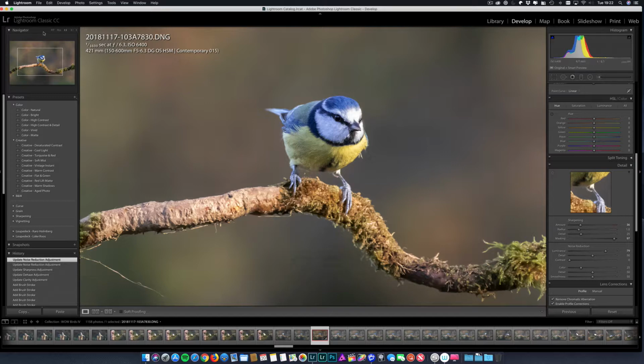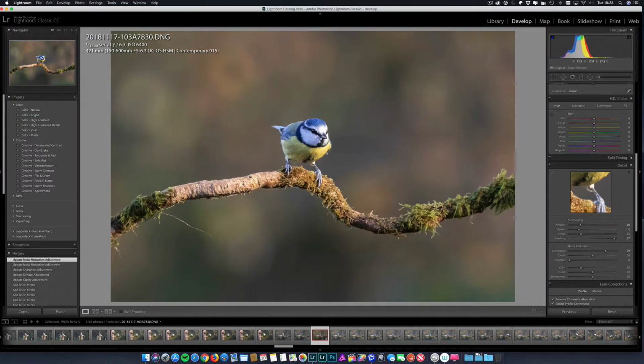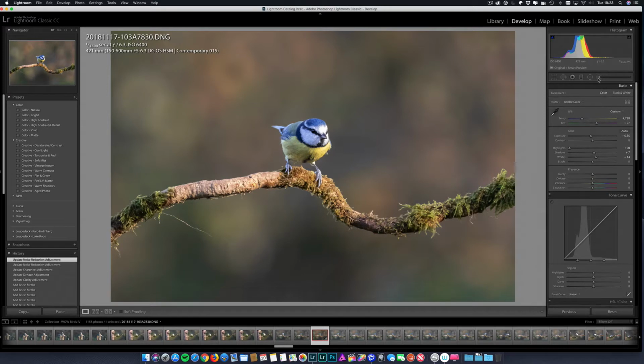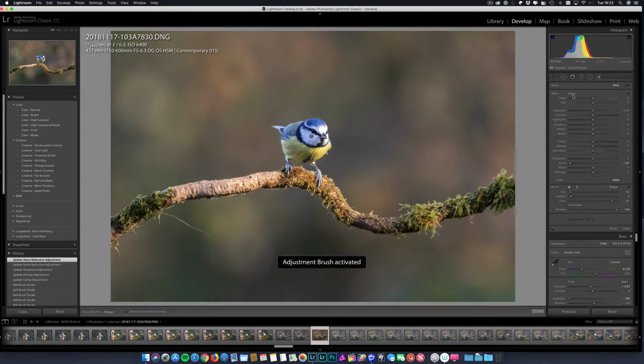Other little edits that I like to do just to ensure that my subject is the main focus is to reduce the highlights everywhere else. I know we've done an overall general edit, but if we select the adjustment brush and we go to highlights, what we can then do is just basically look to sort of brush over areas like this, and you really don't have to be super precise with it. Just waiting for the computer to catch up. There we go,